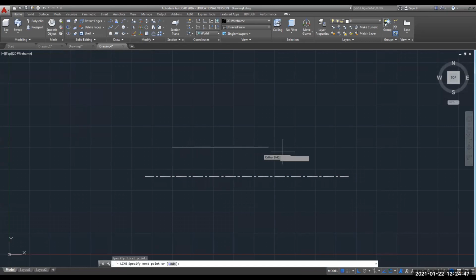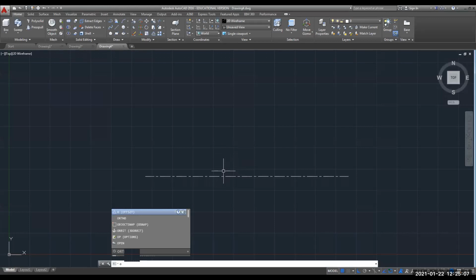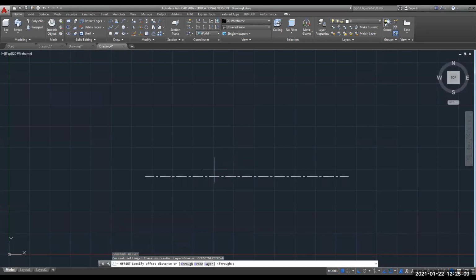Now I will draw a rough sketch. Suppose the whole pulley is to be of diameter 10. So we need to offset this line, or draw one line at a distance of 5 from here, because that will be your radius.